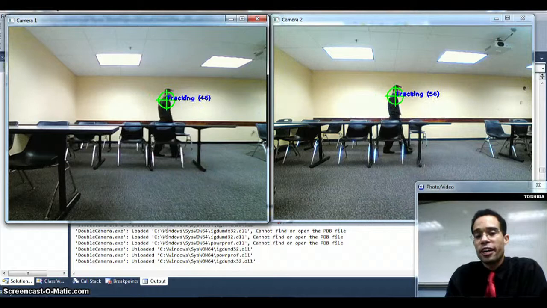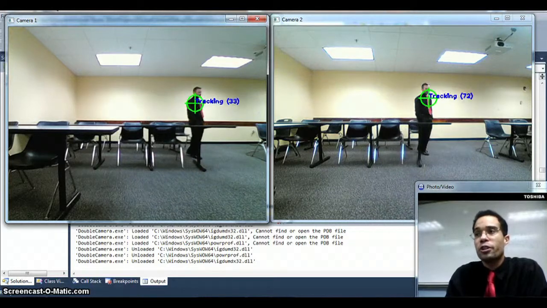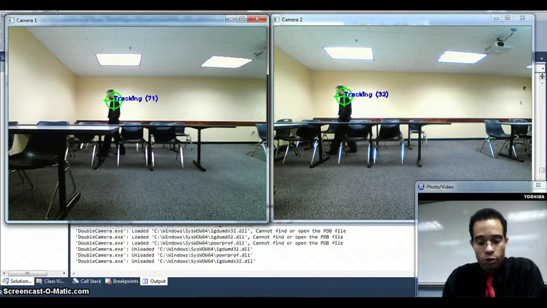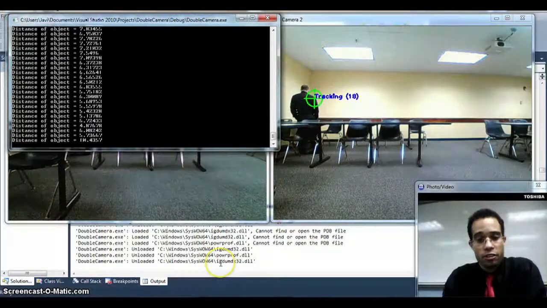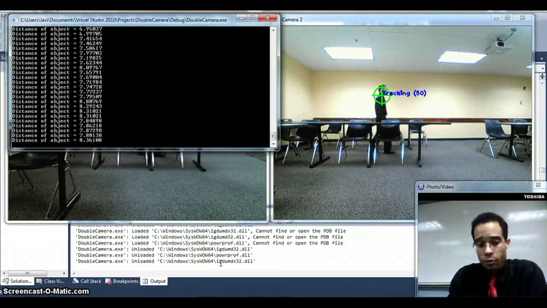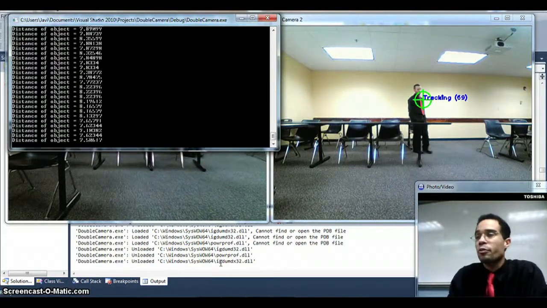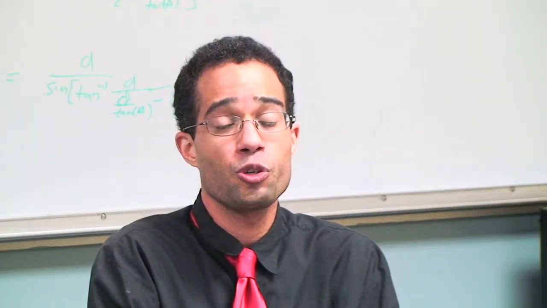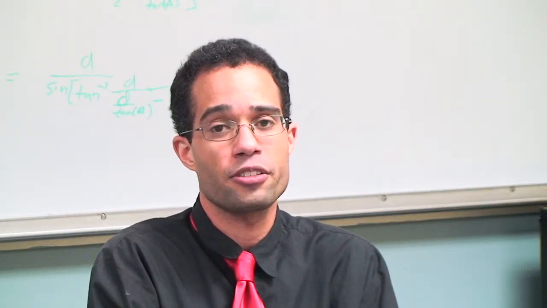angle for each of the cameras, and then using trigonometry, we can actually calculate the distance. And doing so, you get a running calculation such as this one. And here you can see the distance that the cameras are saying that Javier is away from our machine. Right, now let me hand it over to Sital, who will be utilizing this distance information to control the speed